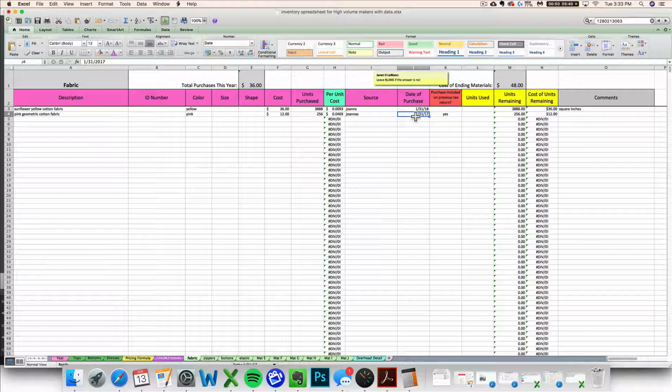So if you bought this last year, but maybe you weren't in business yet, so you didn't do a Schedule C, you can still include that amount in your purchases for the year, even though you bought it in a prior year. As long as you still have the receipt showing this business purchase and showing that it was $12 for this fabric, even though it was from a prior year, you can still include it in this year's total